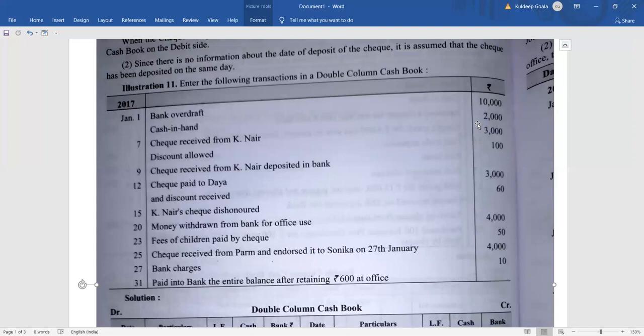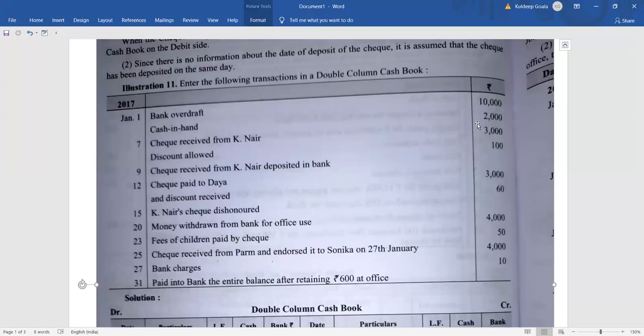The bank will provide the facility that you can avail the benefit of extra payment over and above your zero balance. Once your balance becomes zero, we cannot do any payment, right? But this facility will be given to the businessman, that even if your balance is zero, you can make payment up to certain limits, say 10,000 or 20,000, and the businessman can avail the payment.